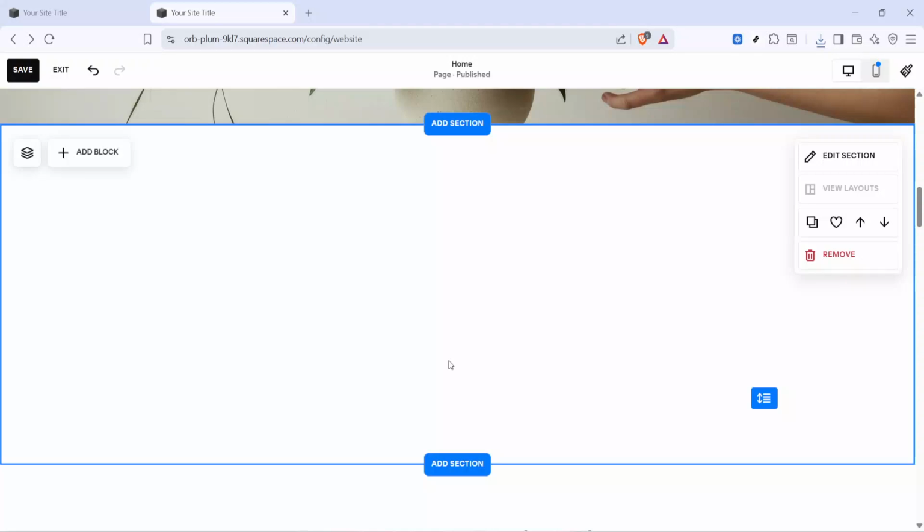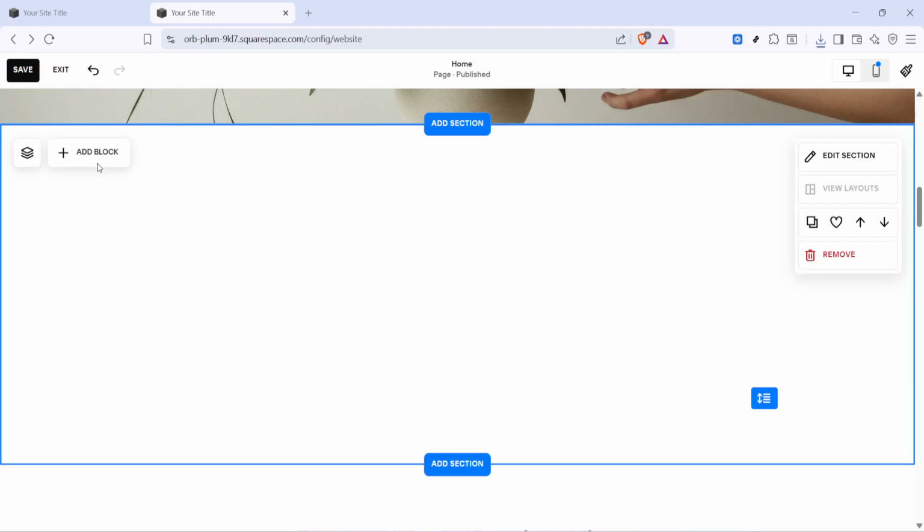In today's video, I'm going to teach you how to add an SVG to Squarespace. If you're working with logos, icons, or illustrations, SVG files are perfect because they're resolution independent and stay crisp on any screen size. In this walkthrough, we'll attach an SVG to a button so visitors can open or download it